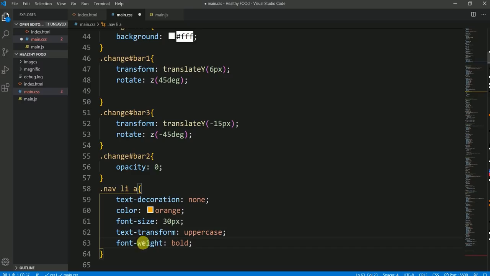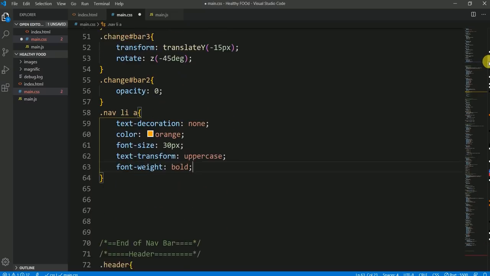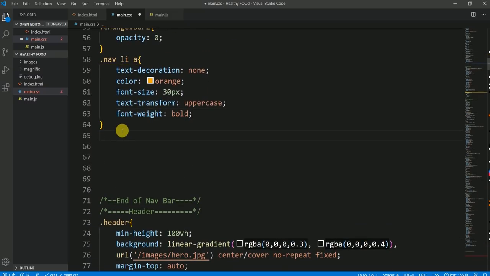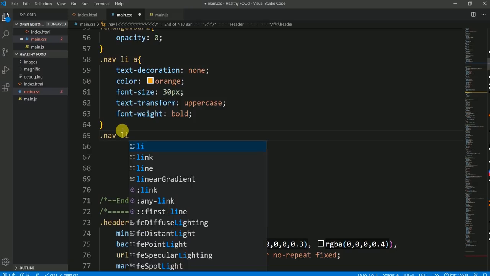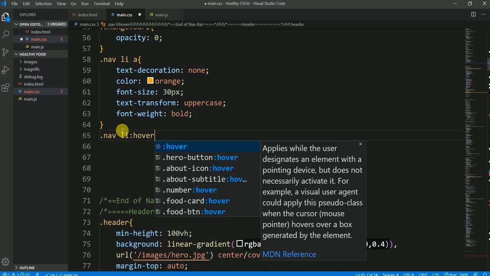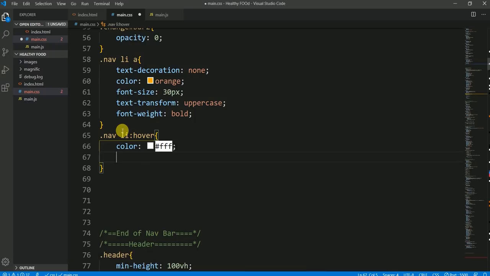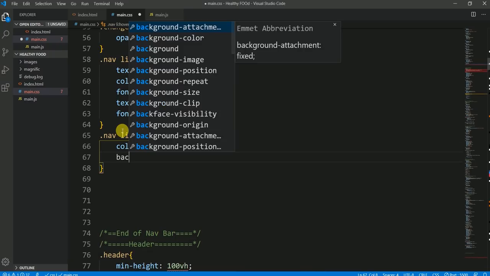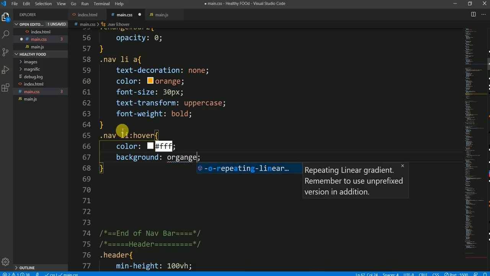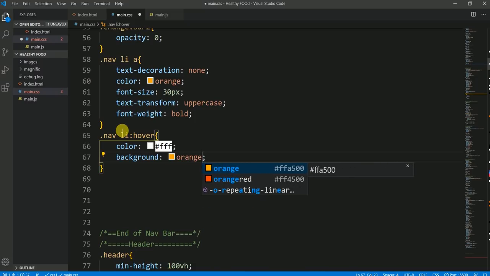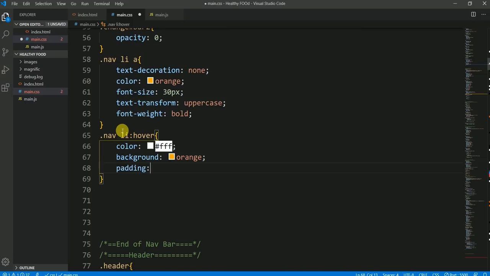Now I want to have a hover class. When I hover over the links, there should be something. And what will happen? Let's have a nav element li and hover, and then I'm going to have a color white, background orange, and I'm going to have some padding here. Padding left 10 pixels,